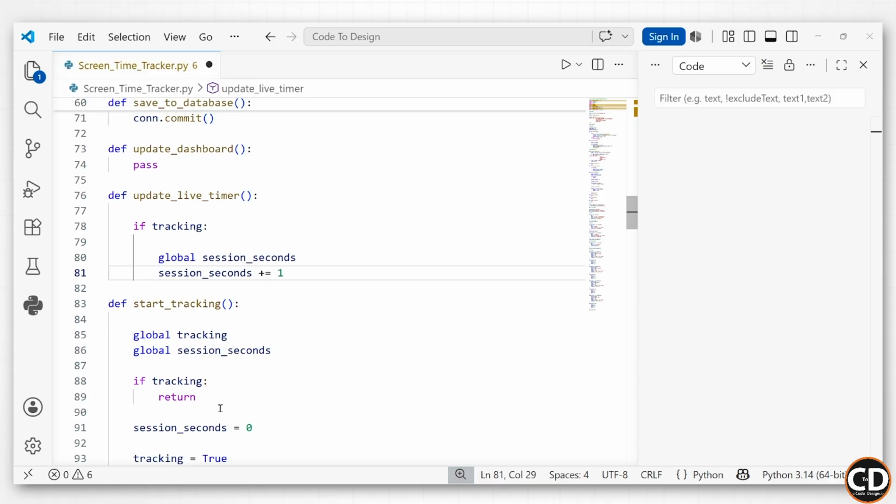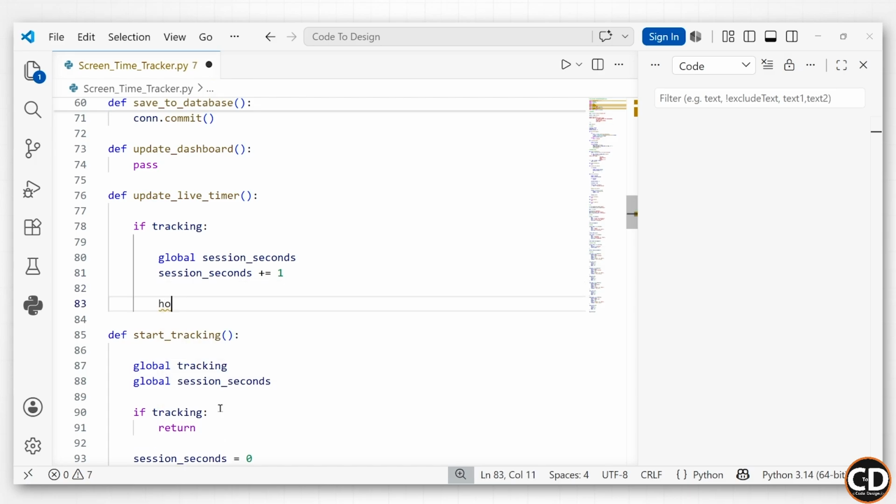Now that we know how many seconds have passed, we need to convert those seconds into something more user-friendly, because showing something like 3785 seconds isn't nearly as useful as showing 1 hour, 3 minutes, and 5 seconds. So let's calculate hours first. We'll write hours equals session_seconds, then